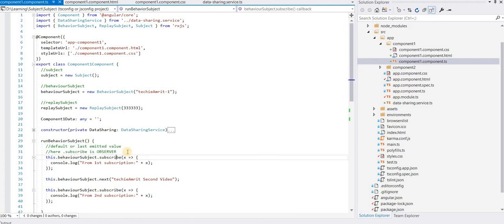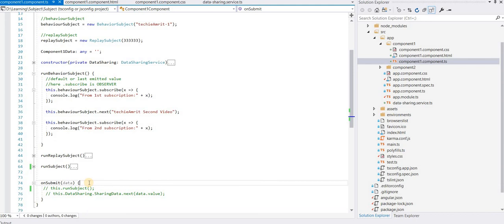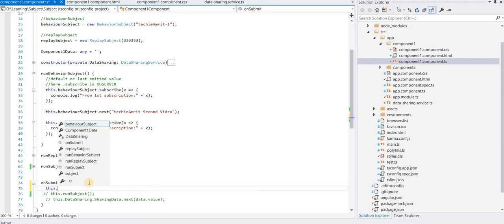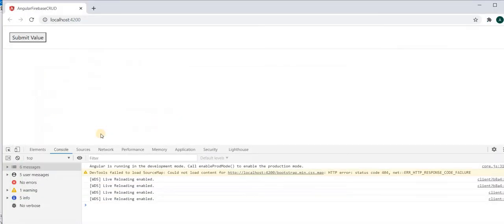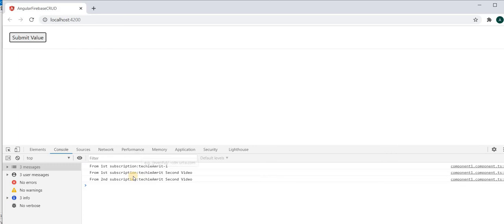Just call this method on the button click. We hit. See, initially our Techie Amrit is called, then Techie Amrit second video, then again second video.